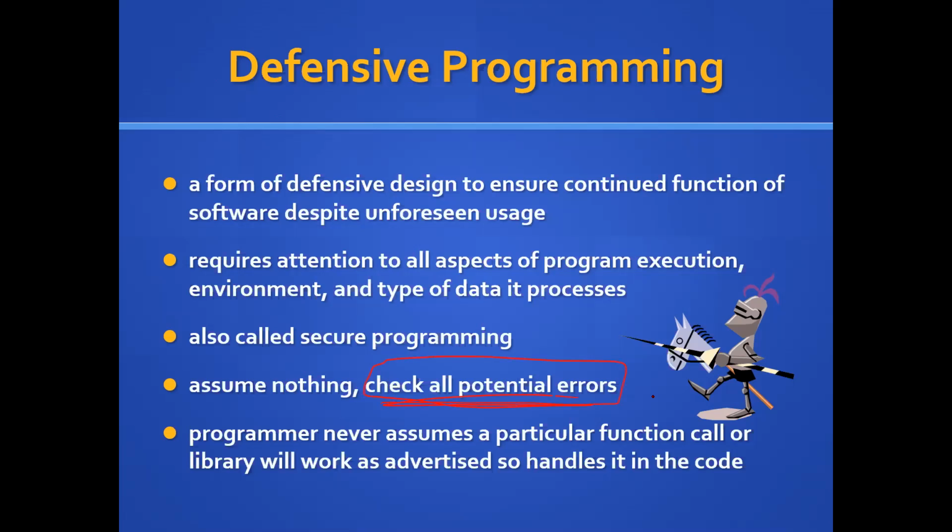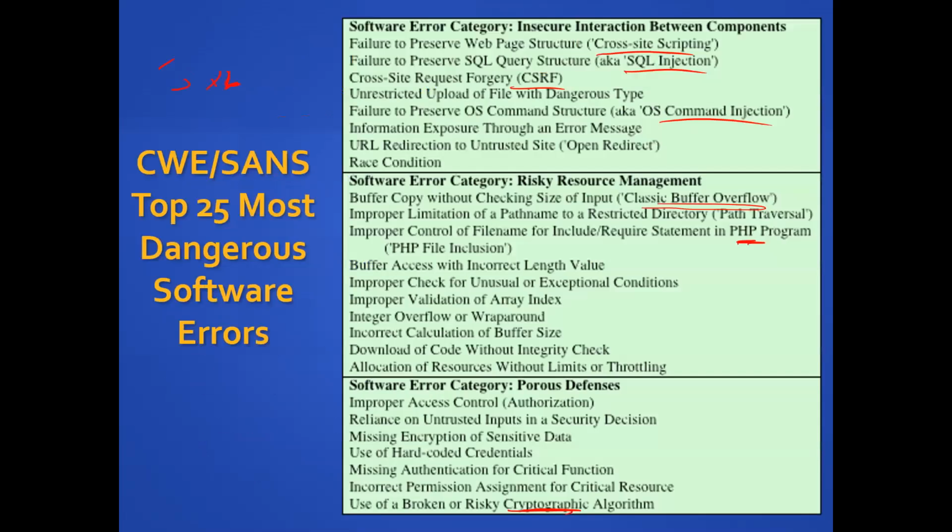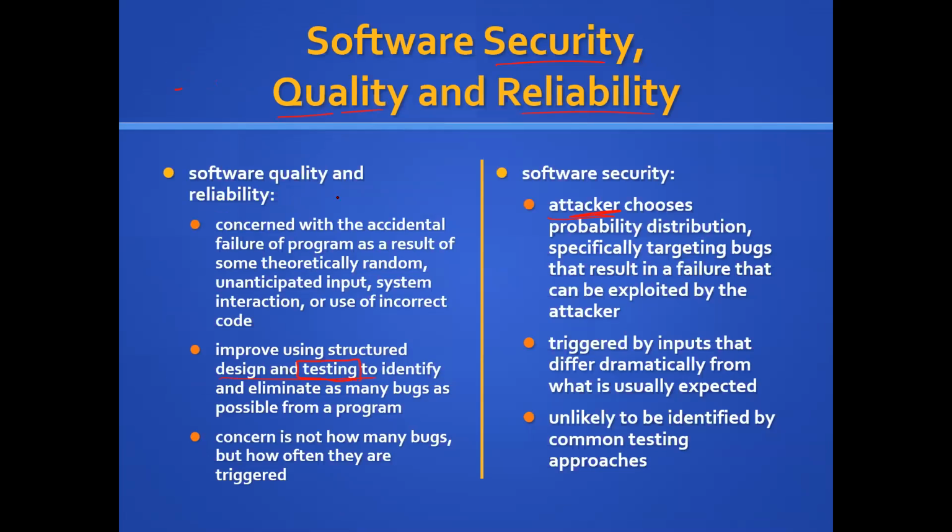Now, that's why you have that term project, right? In the term project, you are required to look for all the potential errors that might be there, both for quality and security, okay? Now, most of the things that I do in the lab are basically focused on security,